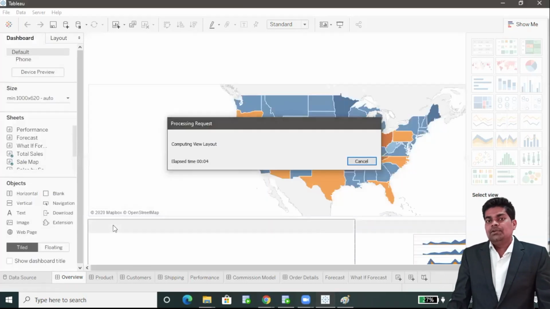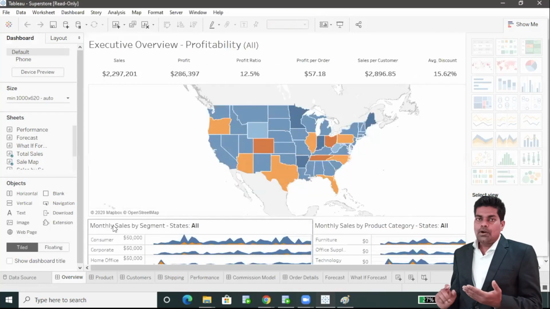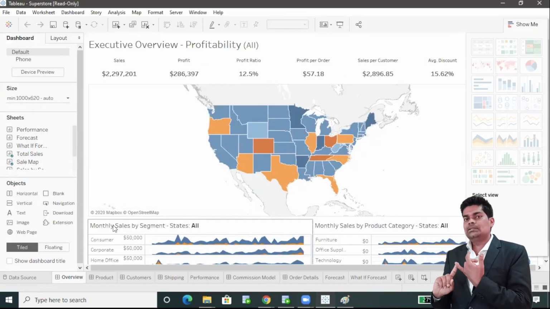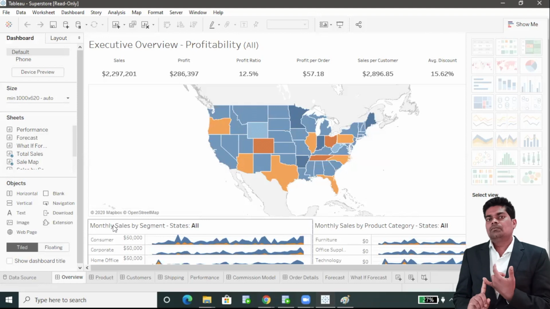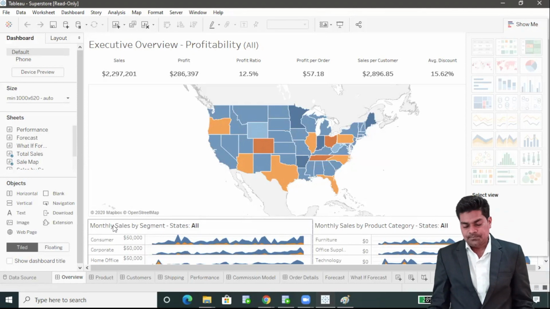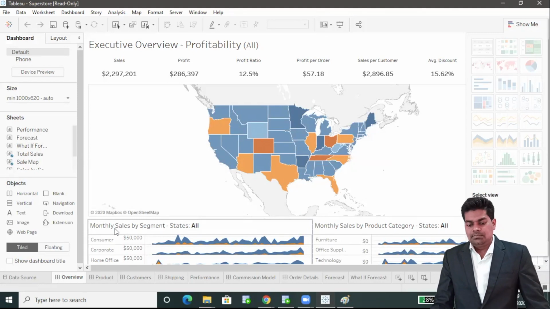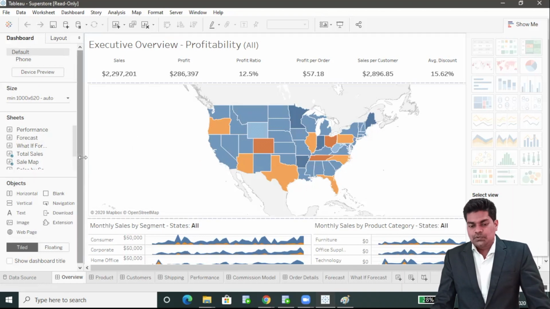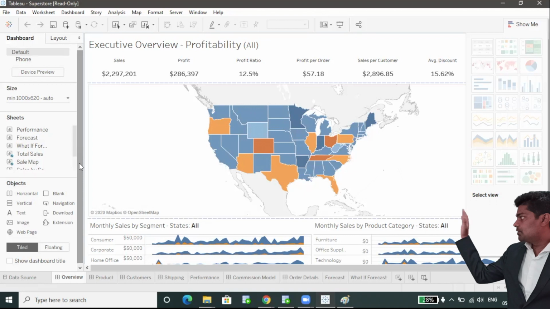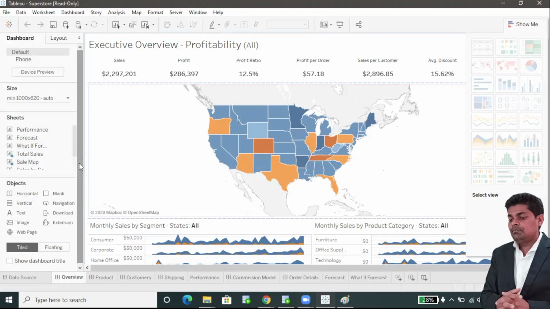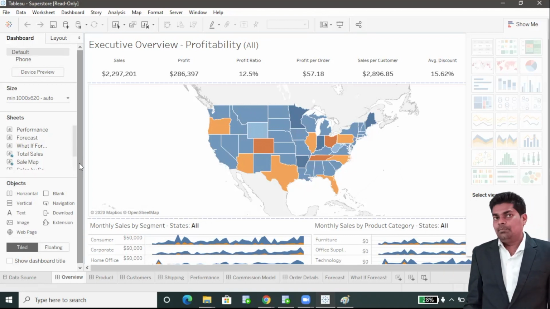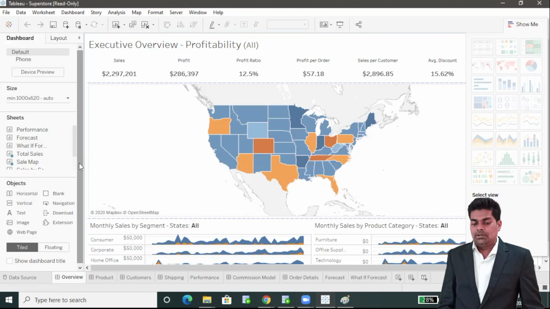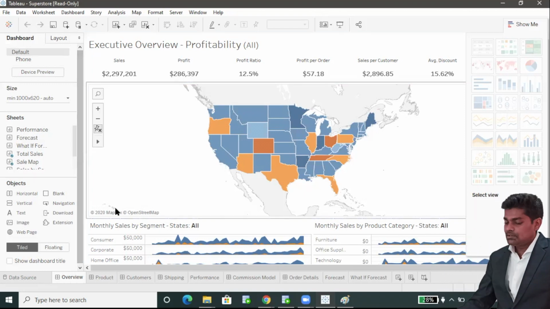In upcoming videos we will see what a worksheet is and what a dashboard is. Okay, now this is a Tableau workbook. The entire part of the Tableau project is called a Tableau workbook.